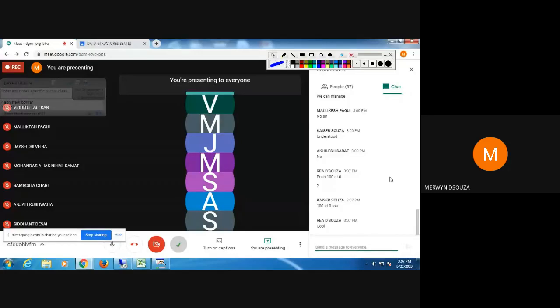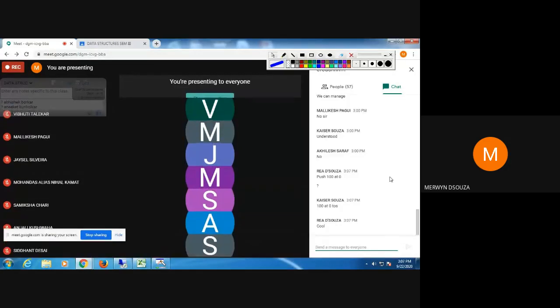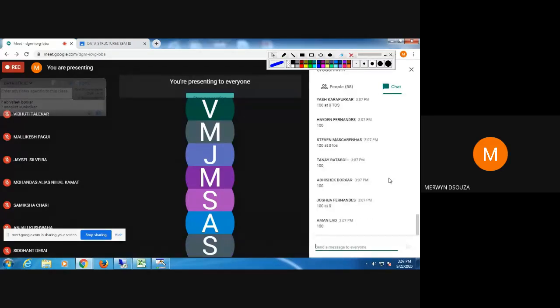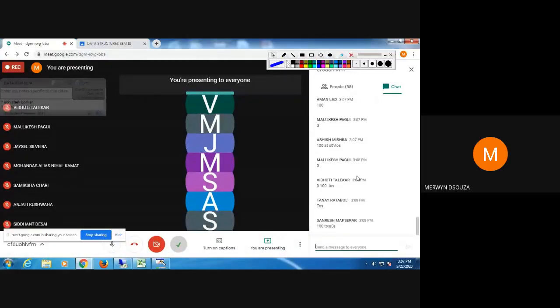Can you all type the answer that you are getting at the end? Cheryl, Abhishek, and Tanay, 100 at what? You have to mention the top of the stack is at which index. You are mentioning 100 directly, that is fine, but you have to mention where that 100 is.